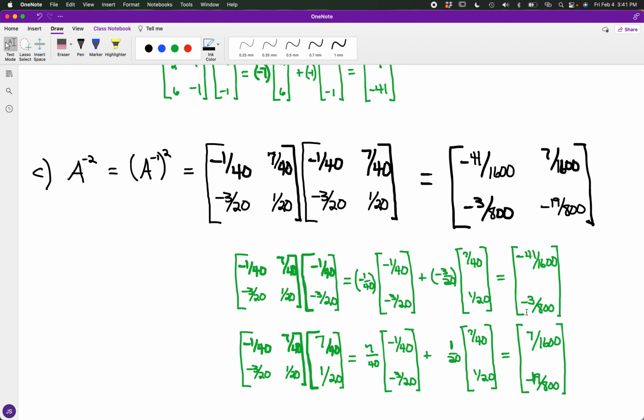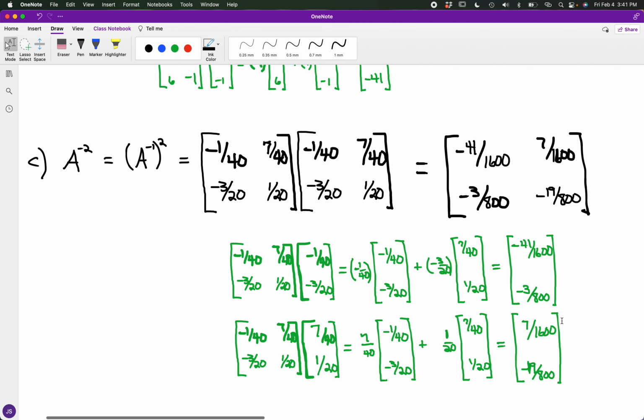At the bottom we have negative 3 over 800, and with the second part, we have 7 over 40 times the first column, and then plus 1/20th times the second column. And for that combination, I have 7 over 1600, and I have negative 19 over 1800. And so combining these 2 by 1 matrices as a 2 by 2 matrix, I have the result where